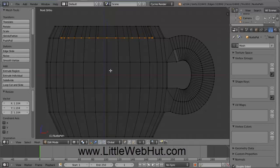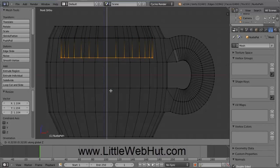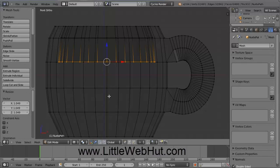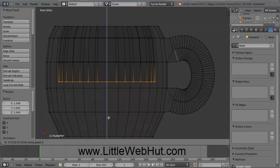And then we'll extrude again, so press the E key, and then press the Z key so we can pull this straight down, and then click the left mouse button right here, and then press the S key to scale, and again we'll pull this out until the inside of the cup is parallel with the outside, and then click the left mouse button, and then press E to extrude, pull this down,